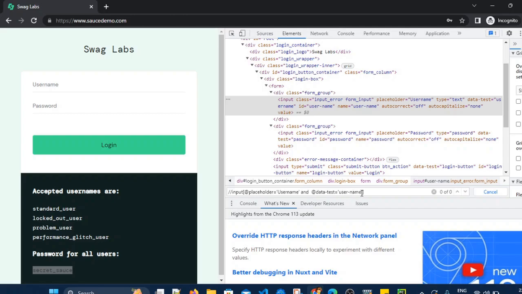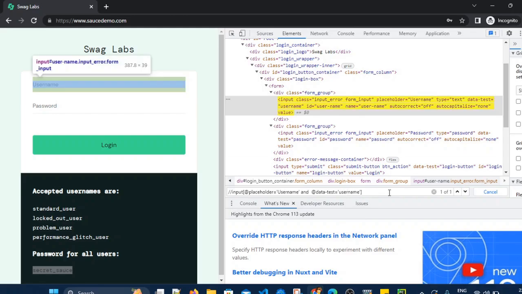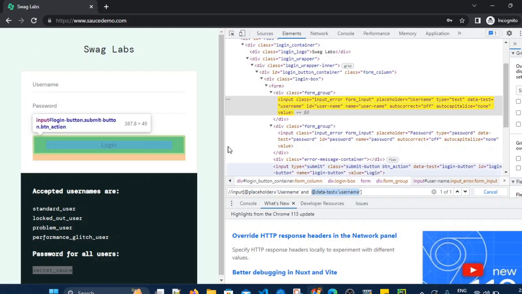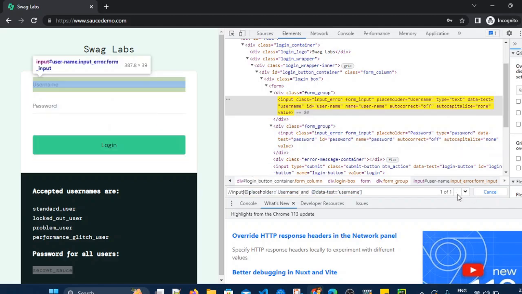User-name. So if you see, it is not matching with any element, something is wrong, right? Data-test is username without any hyphen, that's why it is not matching. So now it is perfectly matching. Both the conditions are perfectly matching, that's why it is able to find that element.